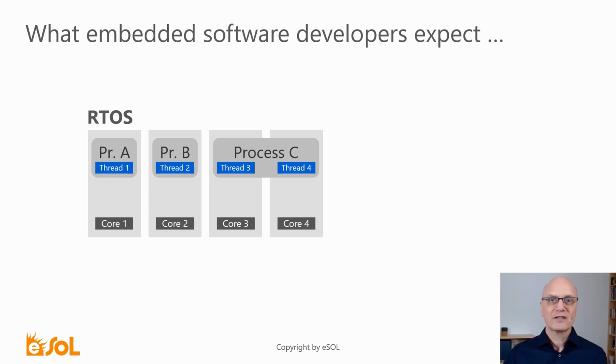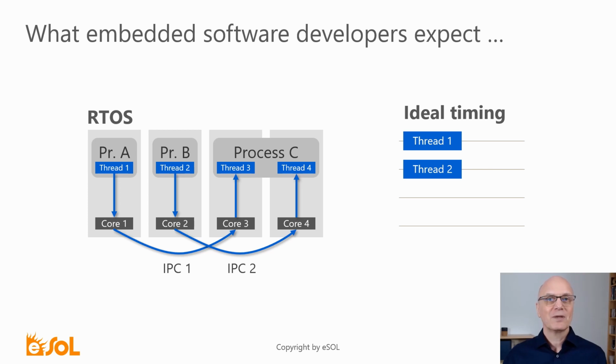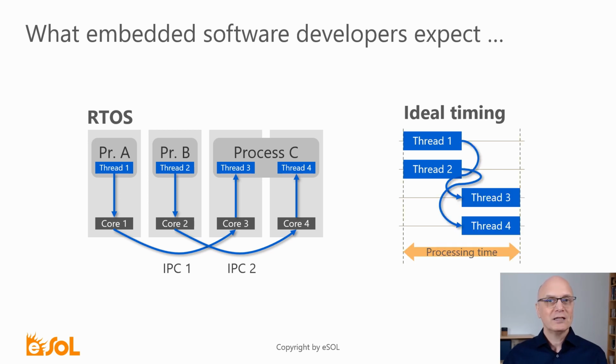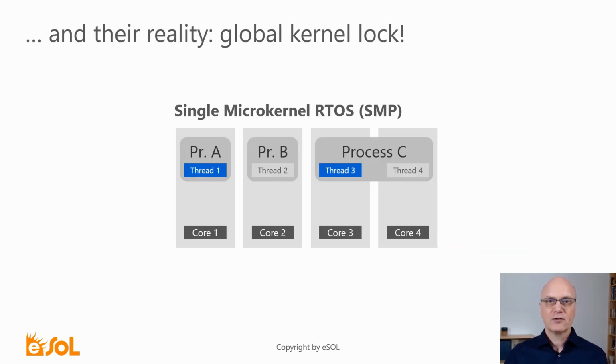The communication of a multi-core application of 3 processes is shown here. To make it easy, process A and B consist of only 1 thread, while process C consists of 2 threads on different cores. Process C is waiting for the data from both processes A and B. Thread 1 will communicate with thread 3, and thread 2 will communicate with thread 4. Most developers expect a timing that looks something like the ideal one shown here. Thread 1 and 2 each communicate independently with thread 3 and 4. To make it easy, let's consider the fastest possible configuration of a standard microkernel RTOS, a so-called SMP, symmetrical multiprocessing